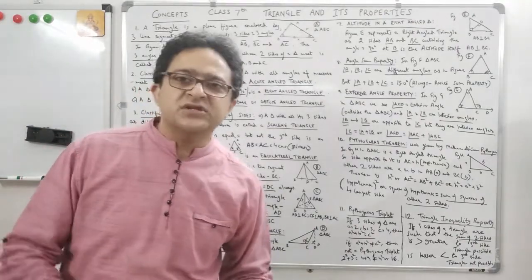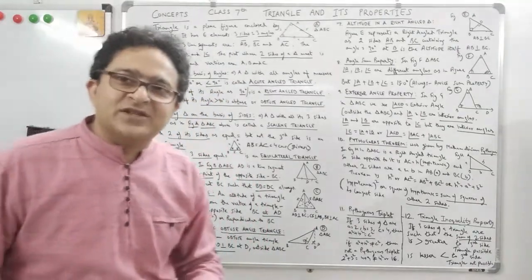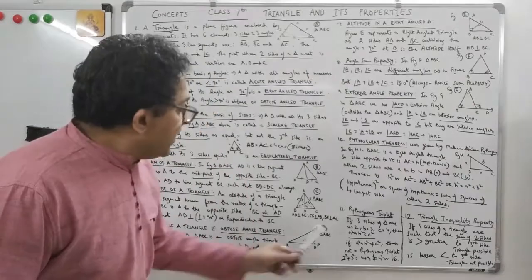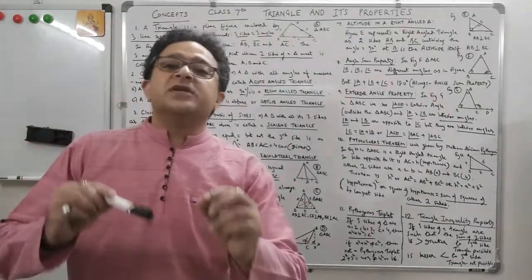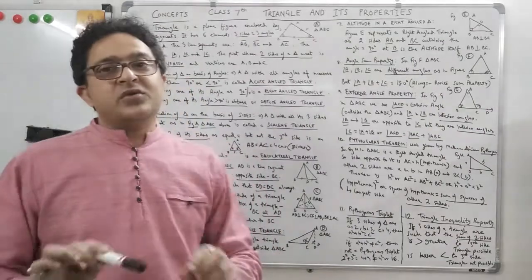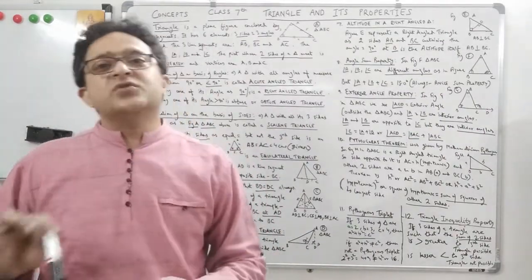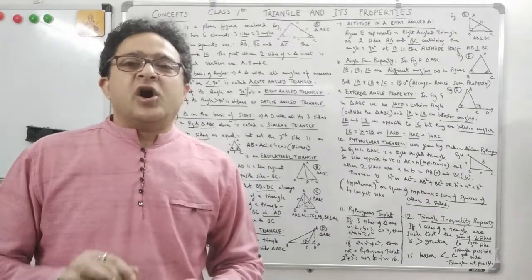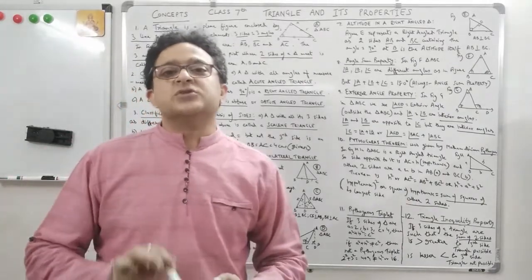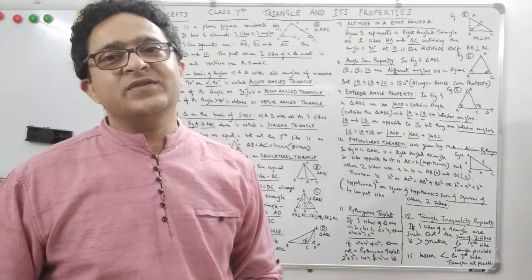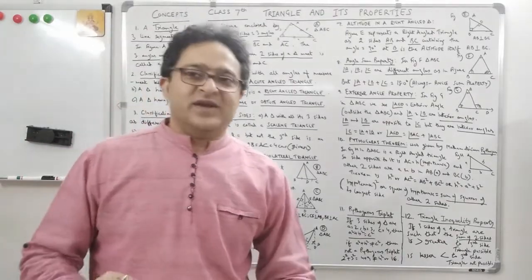We will do some questions and you will be clarified much better that way. But don't remember A plus B. No, A square plus B square is equal to C square is a Pythagoras triplet. However, if A square plus B square is not equal to C square, then it is not a Pythagoras triplet.